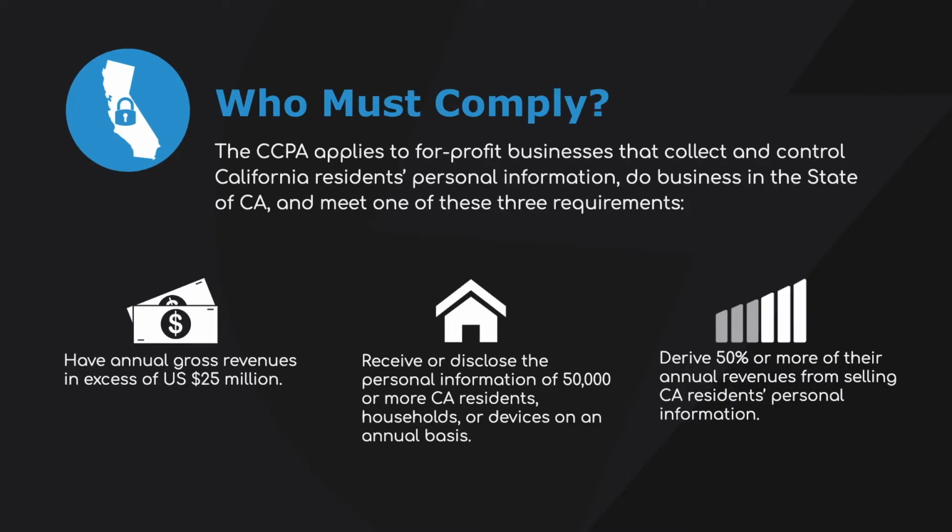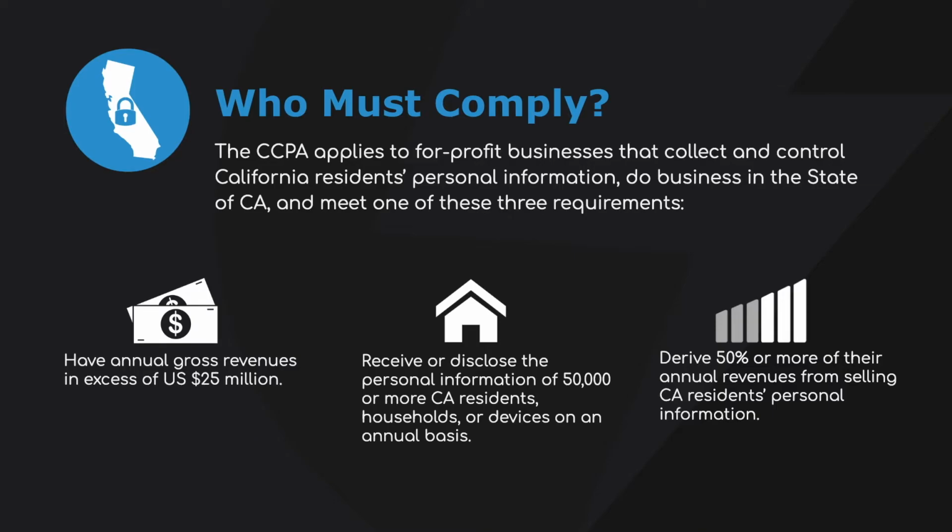So who must comply? The CCPA applies to for-profit businesses that collect and control California residents' personal information that do business in the state of California and meet one of these three requirements. The first requirement is you have annual gross revenues in excess of $25 million. If you're in excess of $25 million and you do business in the state of California or with California residents,